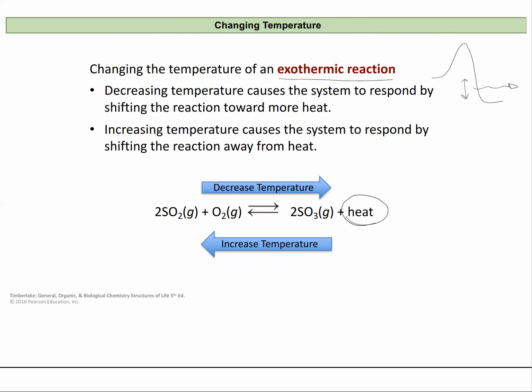So if I increase my temperature, that means I'm increasing the heat in the reaction. I'm really increasing the concentration of one of my products, and that is the product heat. So if I do that, then I'm going to have all these extra products that are going to shift, and equilibrium will shift to the left so I can form more reactants